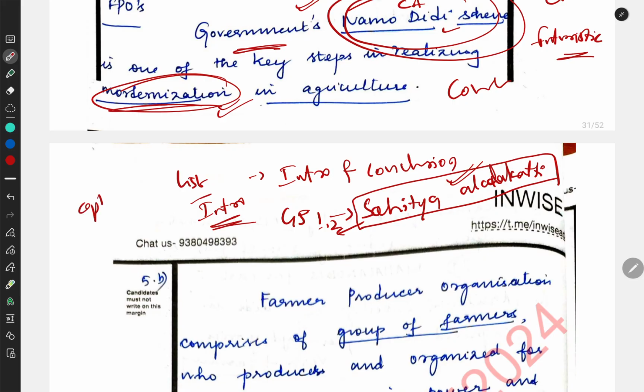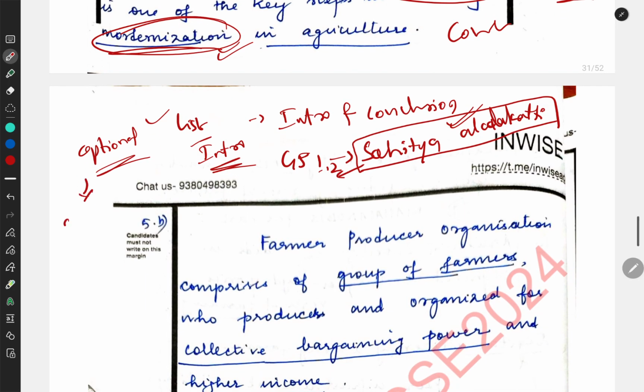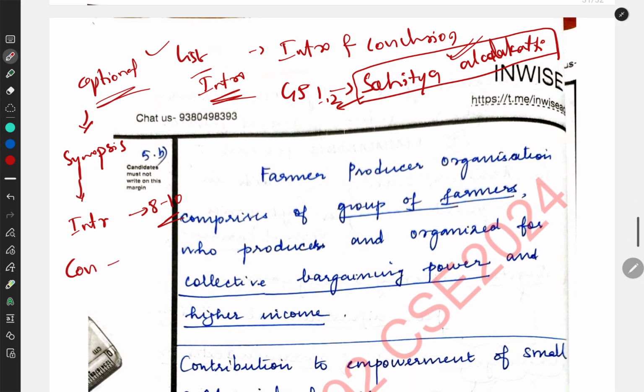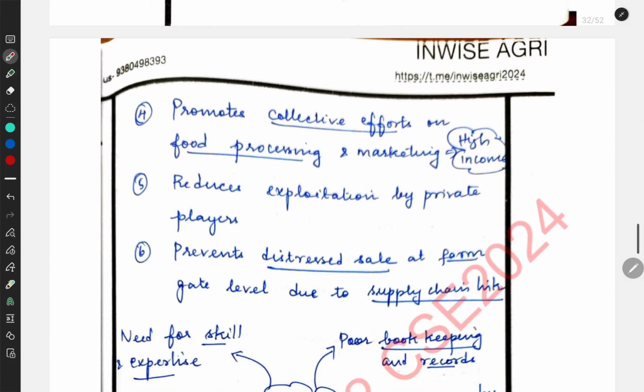For optional, you need to make it. If you have a ready-made intro and conclusion, fine. If you don't, just refer to our synopsis. We are giving a very detailed synopsis for the test series. There we have included a proper introduction, that too in 8 to 10 words, not more than that. Even the conclusion we included is a futuristic conclusion linking with a scheme, any personality, etc. So that is my 11th point. Got it? Next, come to the very important